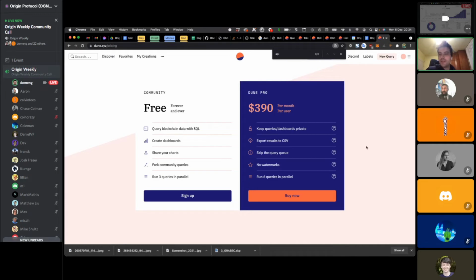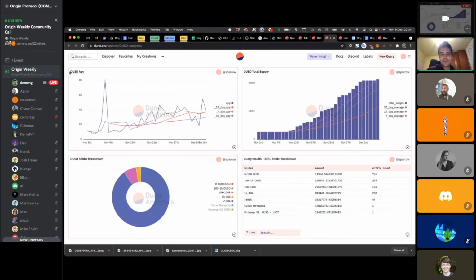I know you can embed all these graphs and query results. You can embed them obviously, and it's still fetched from their side. But I'll check out if there's an API available. Cool, thank you. Yeah, that's what I was going to ask about, Domin: are you planning to embed these into analytics.OUSD, or have you looked into that yet? No, for now I'm just trying to get all the most useful data I can. But embedding these sort of things is super easy. So yeah, for sure, we can. I don't see a reason why not.